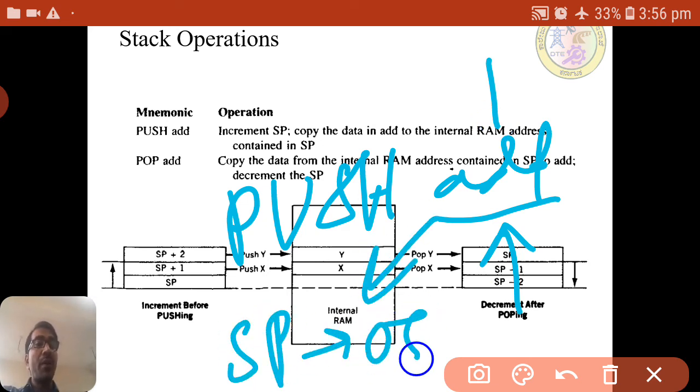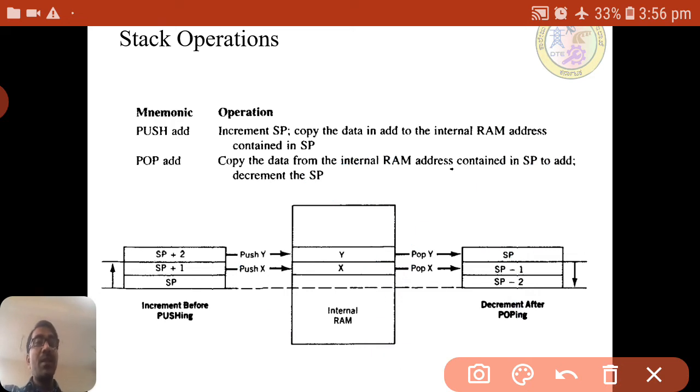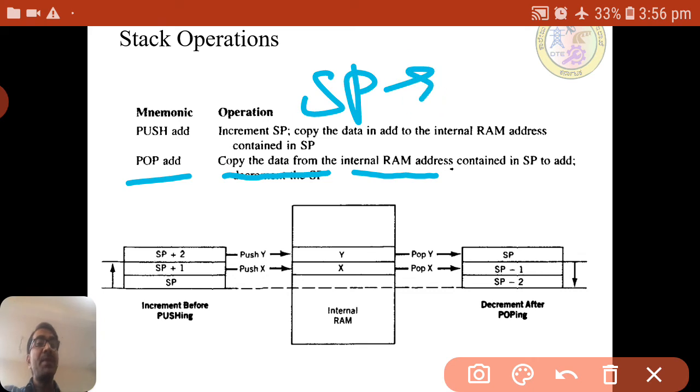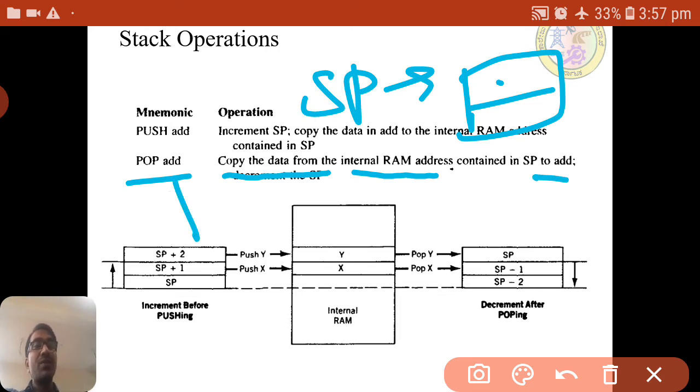By default it is pointing to, suppose if you use this instruction, it will point to the 8th address, so it will go there. Similarly, pop address. Pop address means first it will copy the data from the internal RAM address, where SP is pointing, and then it will store it to the address we have specified.